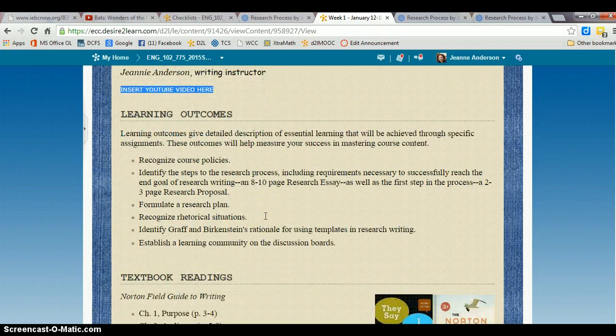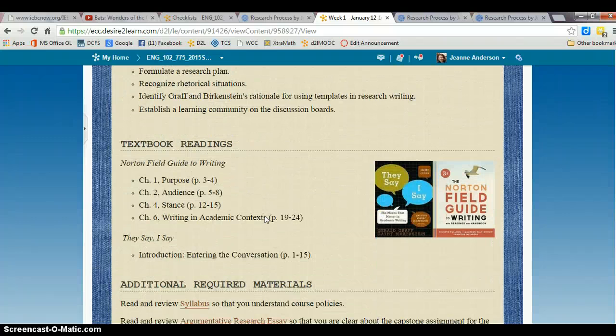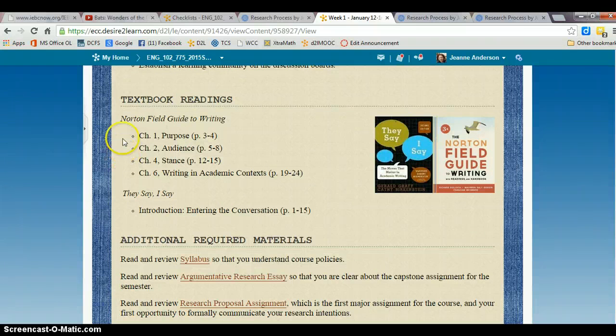Be sure to review the learning outcomes for that week so that you have a clear understanding of what you should walk away from this lesson understanding. Next, the textbook readings will be listed. As you can see, for this first week, there are several short chapters in the Norton Field Guide for Writing, as well as a short chapter in the They Say, I Say textbook. Week 1 is pretty heavy with additional